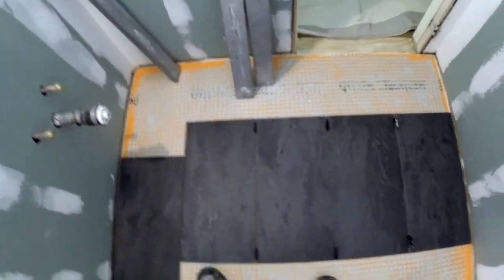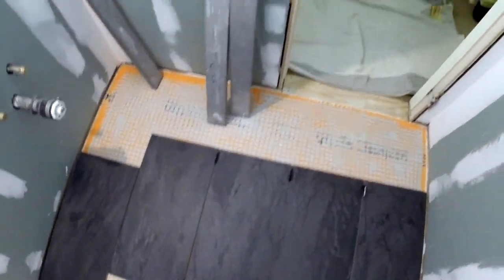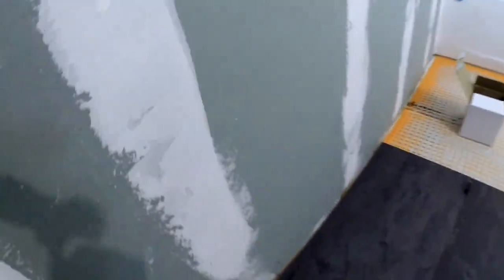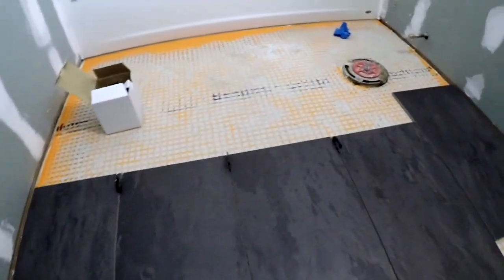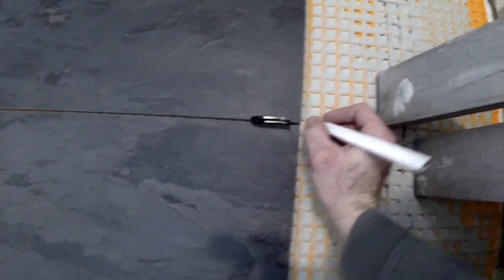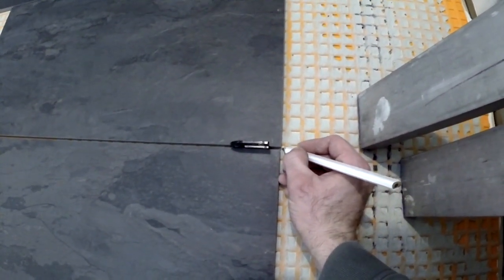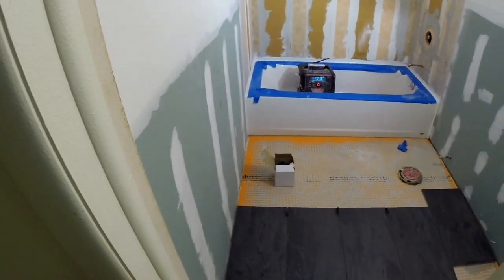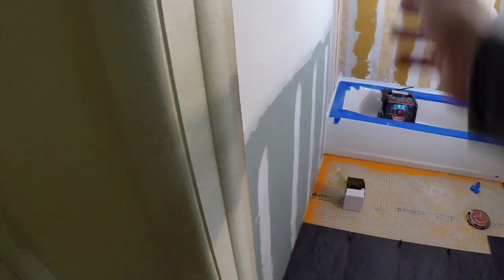What I'm going to do now, since I've got this laid out over here, is take my pencil. This one is where I want to go off of, so we're going to mark this side of the tile. We want to start with 2 rows off. We're going to mark a line on the edge of this tile, not this one, but this one right here. That's going to be our line. So what we want to do is stay square to the door, but really straight to this long wall here,